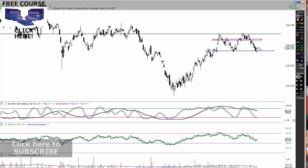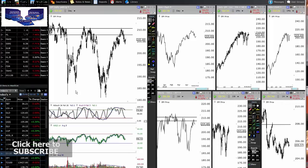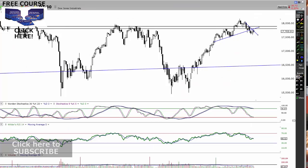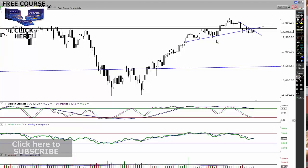I think overall, guys, that we're likely to see a little bit of a pause through here, and then down we go. Same with all the other indices, guys. Same with obviously Dow Jones and stuff like that. So the Dow Jones overall, guys, to me is the weakest. My software is doing some crazy things today. Anyway, so I think, guys, the Dow Jones is still showing weakness. We're still now getting this lower peak here, guys. So, guys, I'm expecting sometime within the next couple of weeks that we're going to start seeing some significant selling